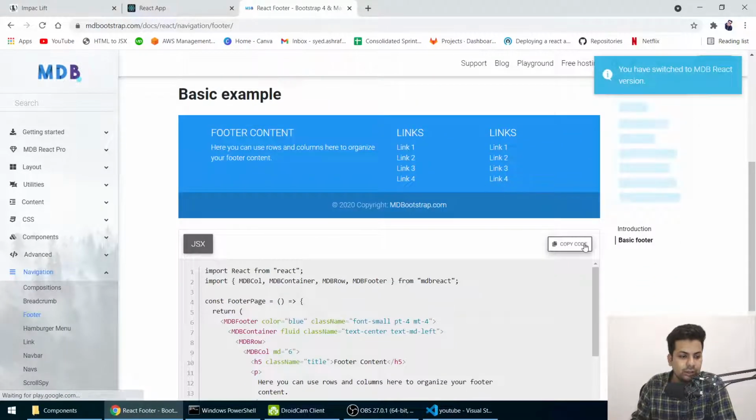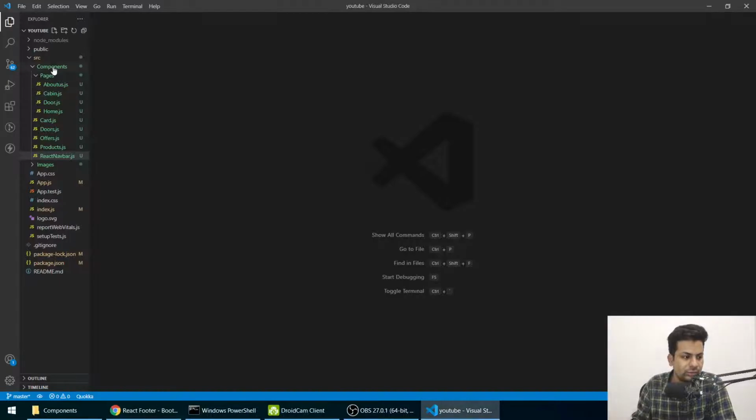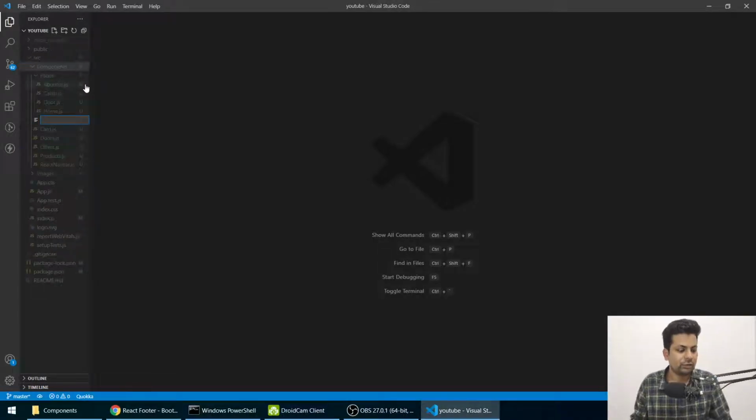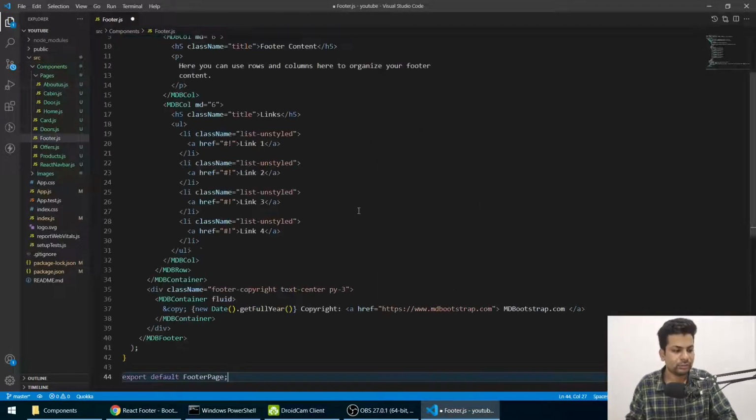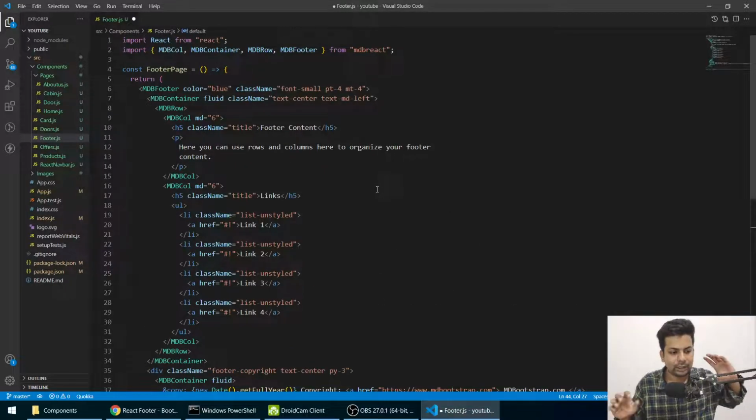Okay, just copy their code from MD Bootstrap, and in the components we'll make a new file called footer.js. Just paste it there, and after pasting it, I think you have to install MDB React.